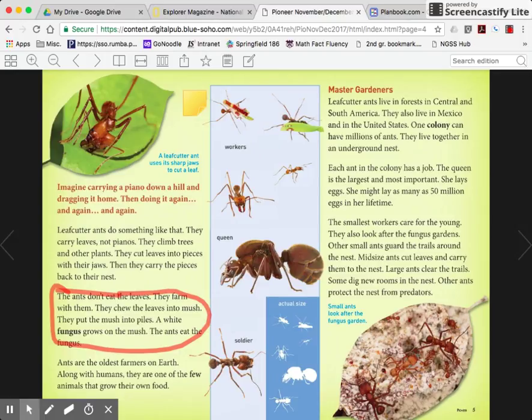So now your job from now on, anytime you read nonfiction text, is to come up with your own ideas and make sure there's actual evidence in your reading that matches the idea you developed. And if it's not, you need to go back and change your idea about what you're reading. All right, off you go. Go read independently.